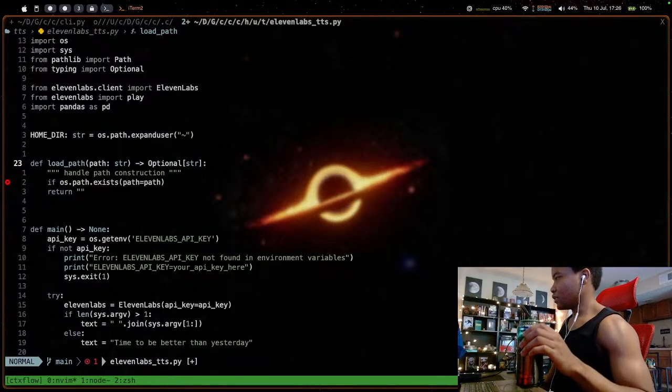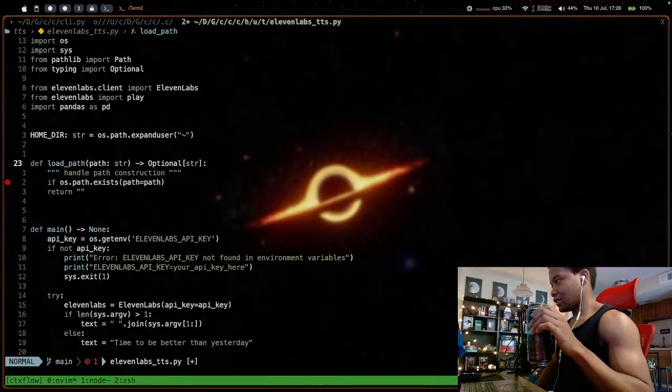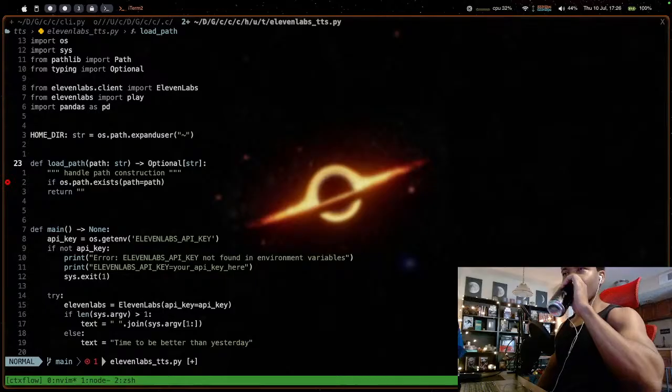Basically, I just want to use this function to handle if I get any errors, so I don't crash.